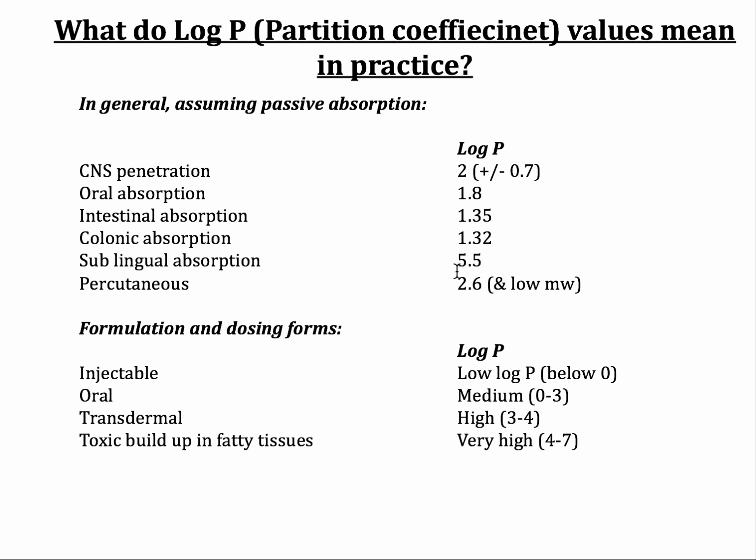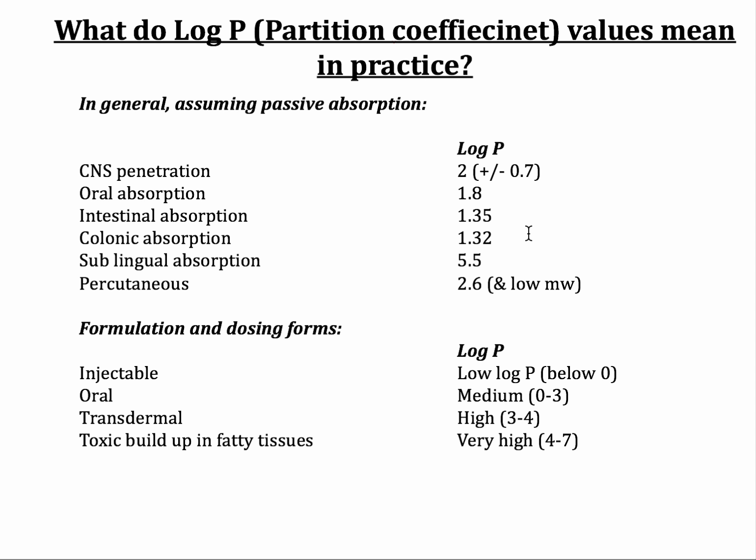Sublingual is 5.5, and that's only because it has to be very rapidly absorbed into the body. When they have a very high log D 7.4, you would have noticed that these medications have a very, very low dosage. They're usually in the micrograms or very low numbers of milligrams, whereas paracetamols and things like that, which have an intestinal absorption of 1.35, which is fairly low, usually have a very high concentration of dosage,